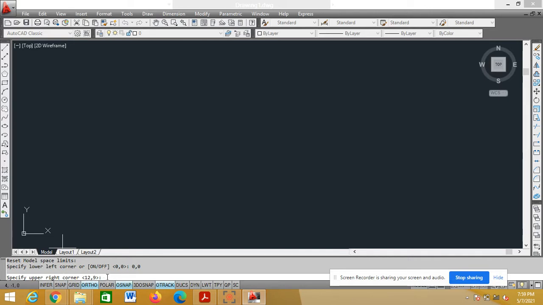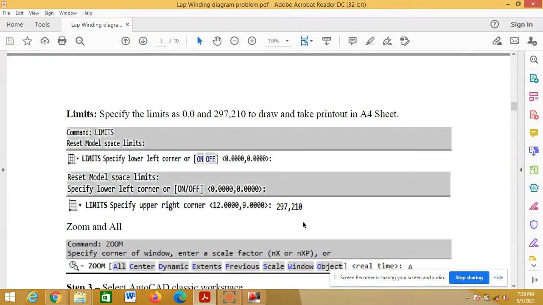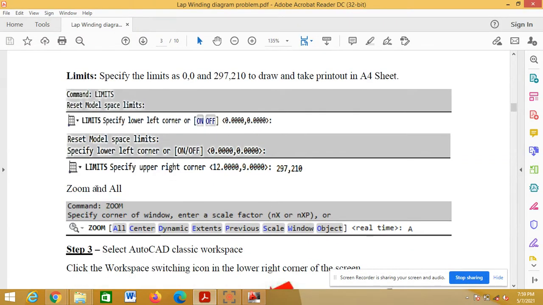So as it is in mm, 297, 210. Press enter. Now we have set the lower left corner 0, 0, upper right corner 297, 210. Now I am selecting an A4 size paper. Then zoom all. So here specify the limits to draw and take the printout in A4 size paper.